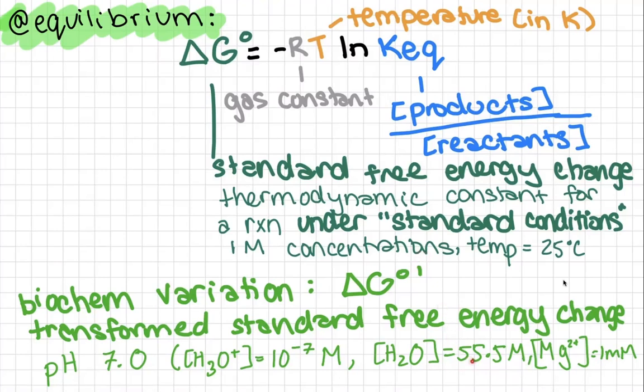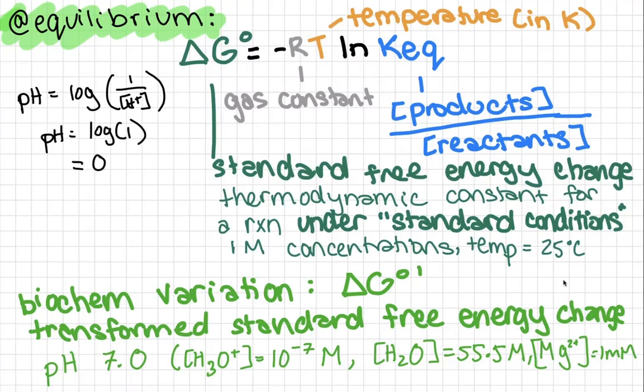And so we want to take this into account as well as other things. That was like pure water, but what about those protons? Well, if we think about the standard conditions, that would mean we have 1 mole of our H3O plus. And if we think about pH, pH is going to be the log of 1 over the proton concentration. If this is 1, now we get pH equals log of 1, which is going to give us 0. And so this would be telling us that under these conditions, we have a pH of 0, which is not